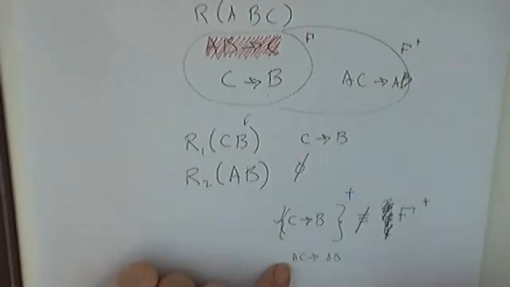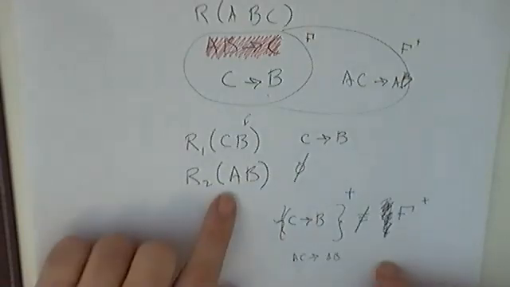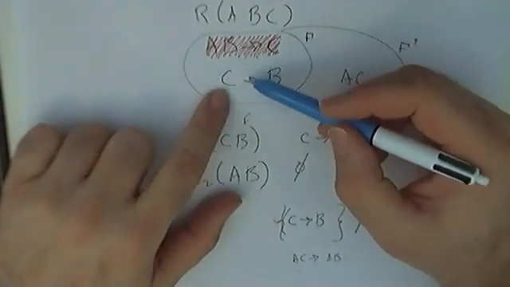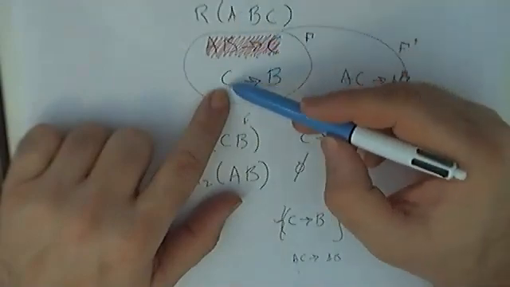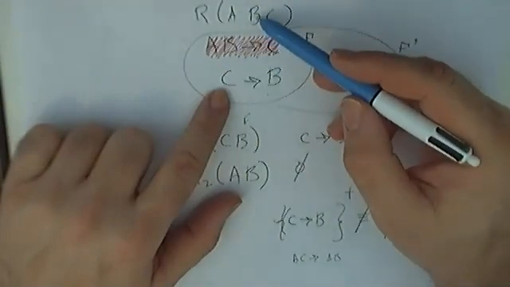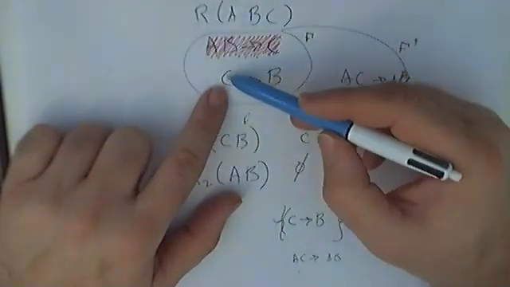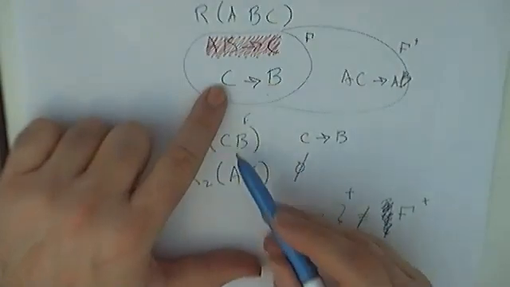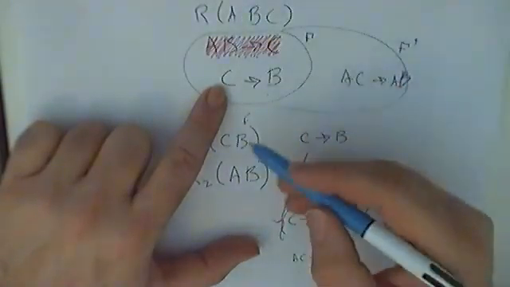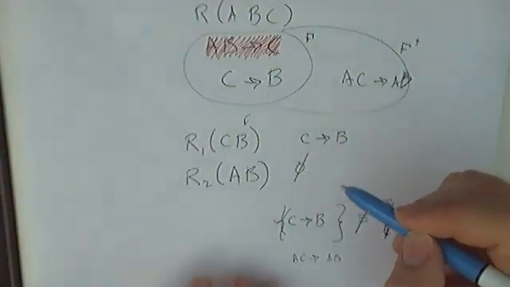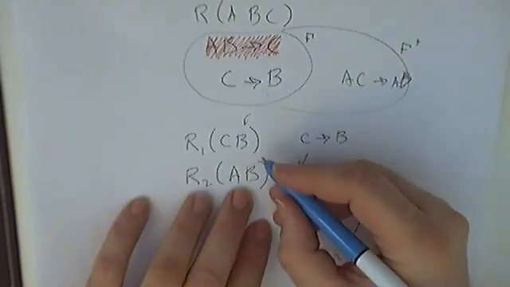Okay, shouldn't relation R2 be AC? No, not in BCNF. Because in BCNF, what happened here was C goes to B was the one we were driving. This did not meet BCNF. This is not a super key. So you take basically X union Y, this union that, which is CB, right? And then you take the full set ABC minus B, which equals, if I'm not mistaken,